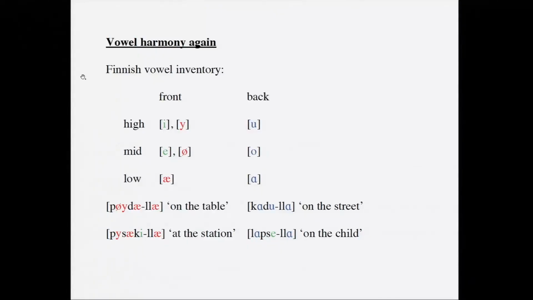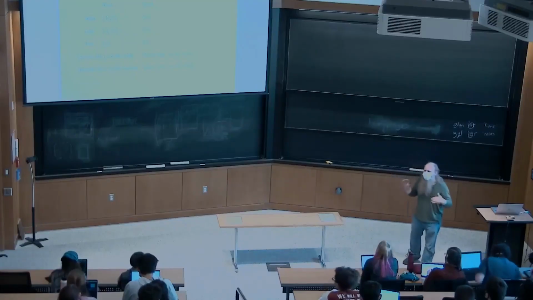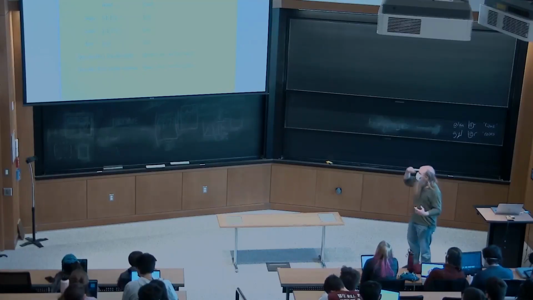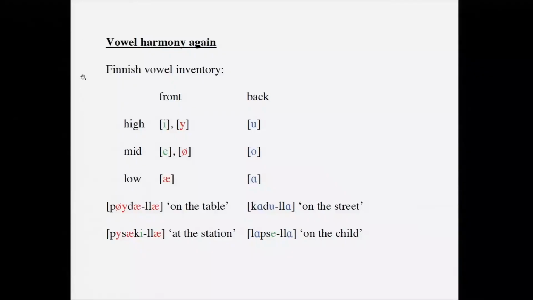But you don't look at green vowels. You don't look at vowels that don't have a corresponding back vowel that is identical in every way except for being back. So you get lapsella for "on the child." There are also words in which all the vowels are green, like at, so family,